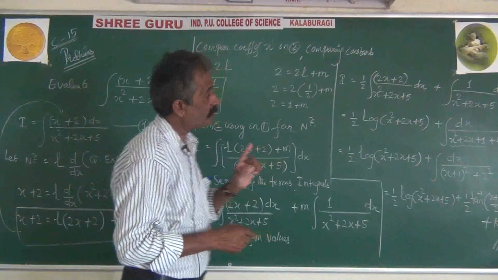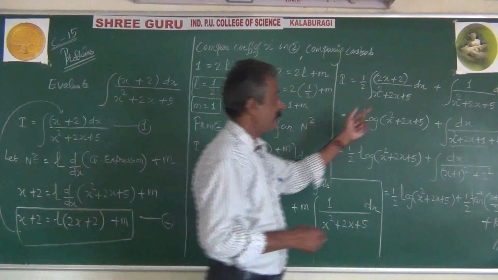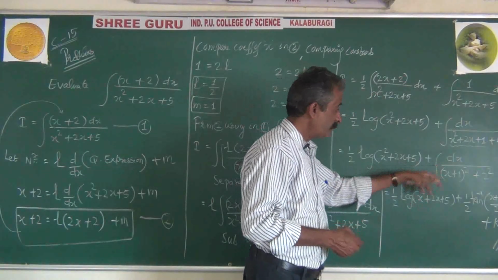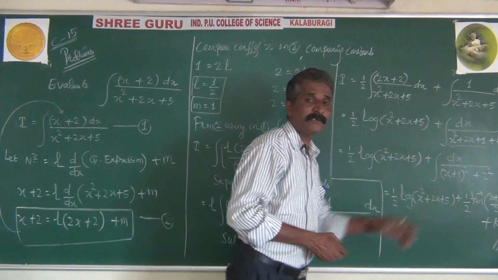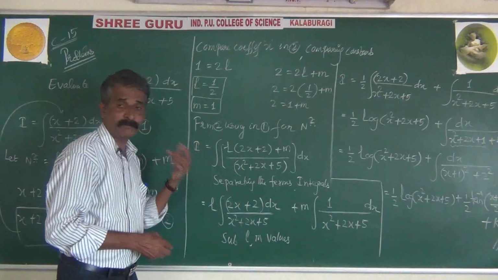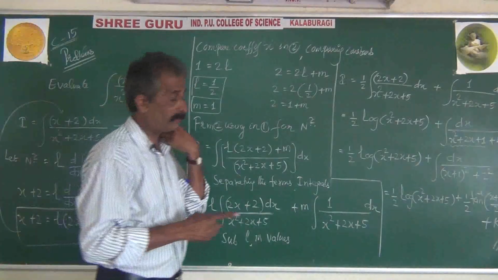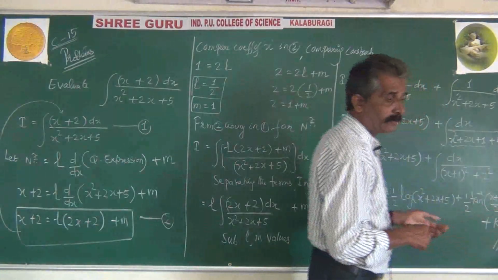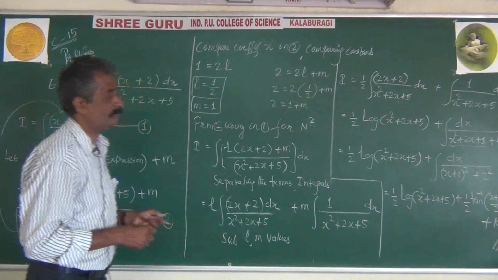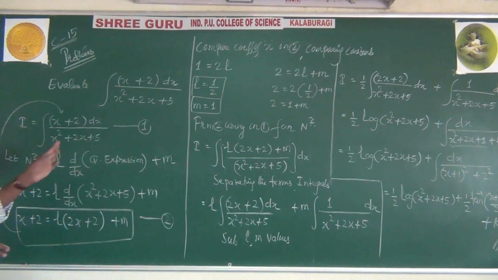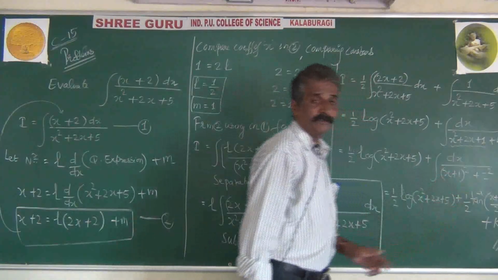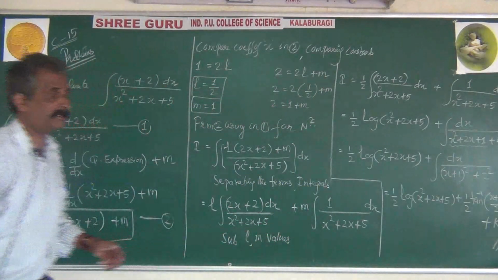Here the answer is not long. It is just like f dash x by root of f x, which gives 2 root of f x. Whereas here, because of the square root, it is just like integration dx by root of x square plus a square. That formula is to be applied. And what is the formula? Log of x plus root of x square plus a square. So with root or without root, no change in steps, no change in mechanism. Only at the end, formulas of integration must be applied correctly.